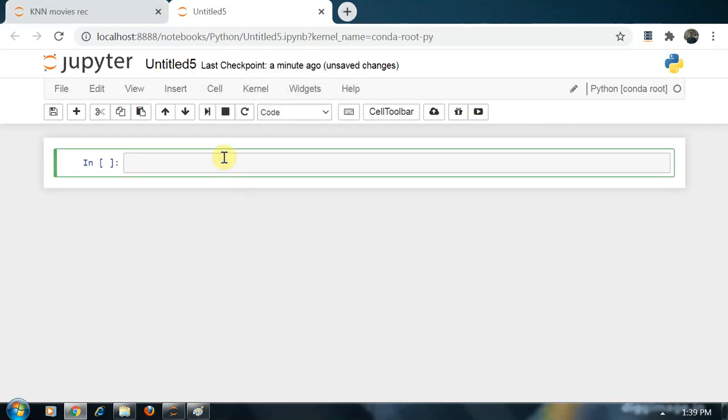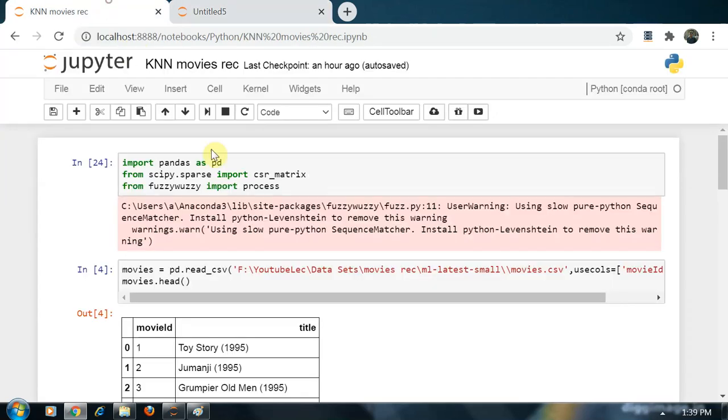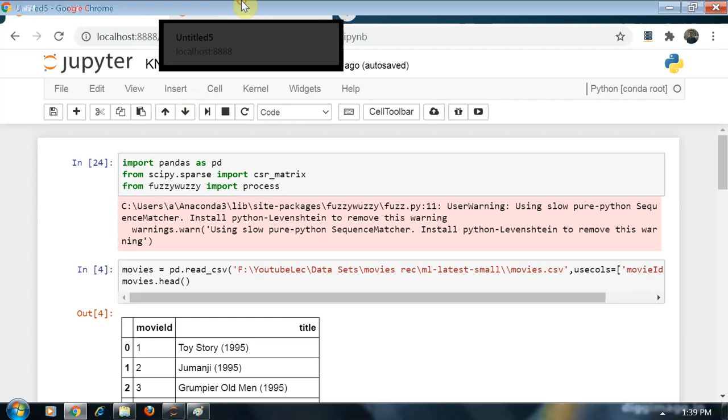Hello guys, in this video we will talk about how we can create a movie recommendation system using KNN, K nearest neighbor. Also, I am keeping this video in English so anybody can understand. This is our short, small project on KNN where we want to implement a movie recommendation system using K nearest neighbors. I have already created the movie recommendation system here, and I will explain it line by line by creating a soft copy of this system here.